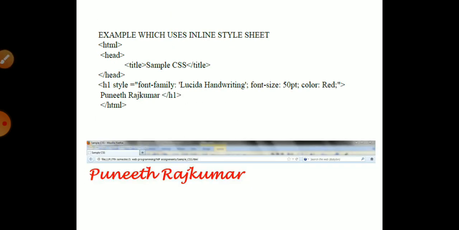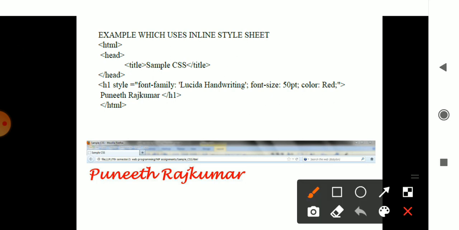The third one being considered is the inline style sheet. In the inline style sheet, in the same line I am providing the style of that particular heading. It has HTML, head, same title sample CSS, /head, then H1 style, the font family is Lucida, then font size is 50 and color is red.